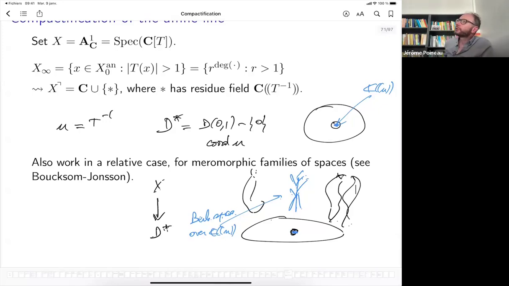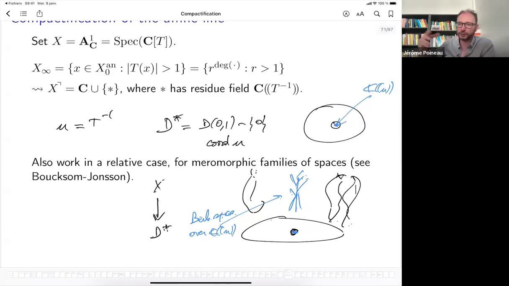As I said, I'm not sure how to describe exactly the boundary, but this is not so much of a problem. One technical point is that it's a stack and not exactly a variety, but let's pretend that it is, and that we have a universal family over that.